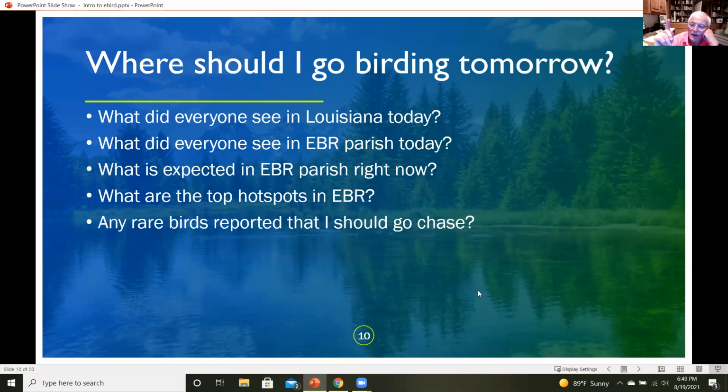Jane? Yes. Does Cornell do any census data? I mean, you're saying this is a reflection of birders in a way, but is there any indication of the populations? So eBird has started incorporating